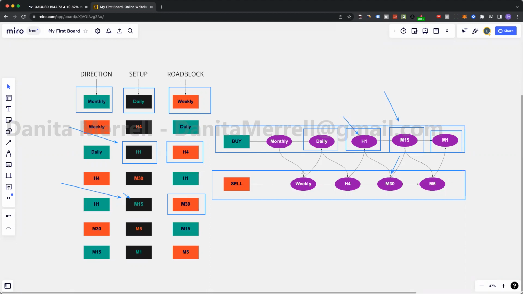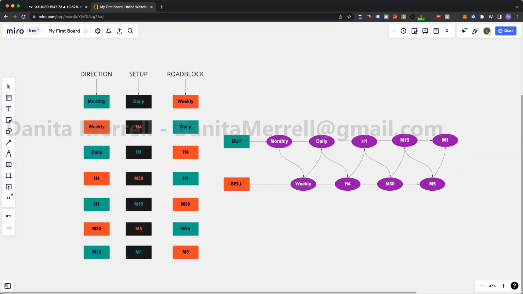I can go to my H1 time frame for buys. Okay, and if my H1 time frame breaks H4, then I know I can target my daily. Very simple. Very simple. You really need to memorize this entire, I wouldn't say schematic, I guess, this time frame layout. You just have to understand,